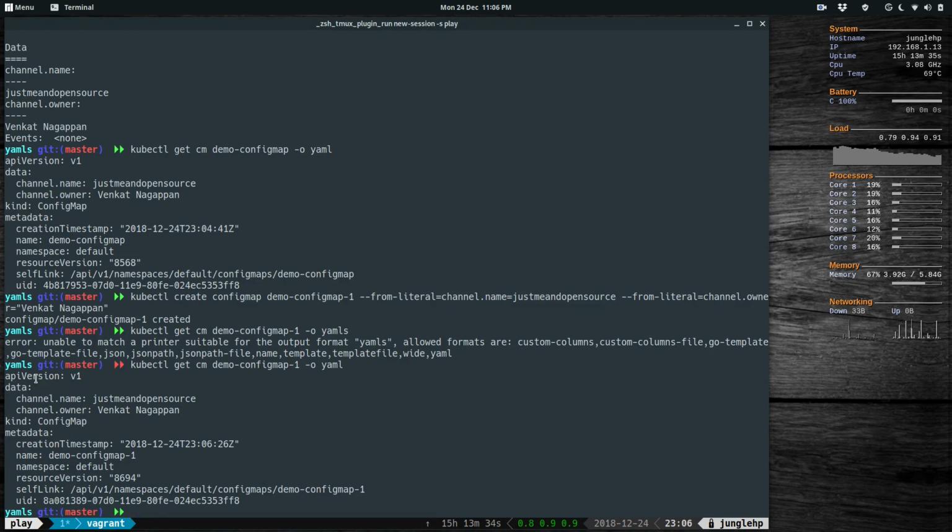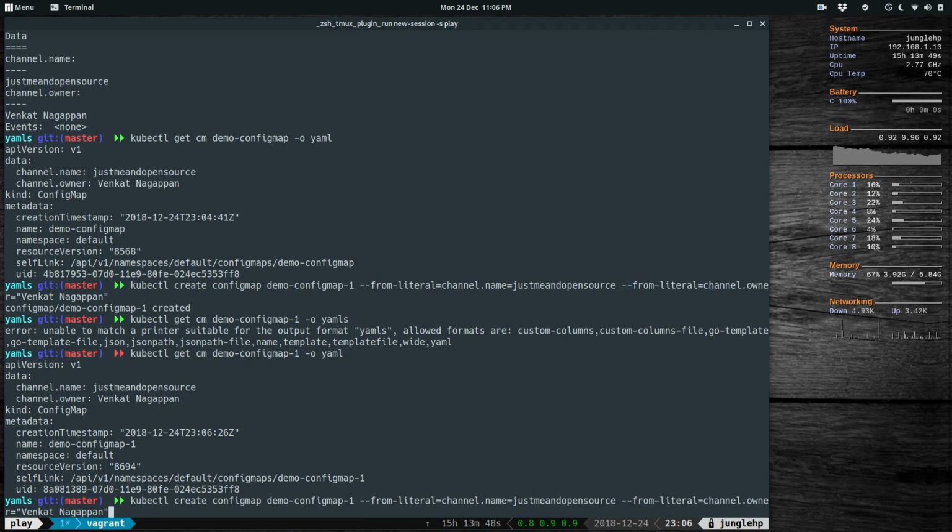Okay, so that's basically it. It's the same ConfigMap defined using the command line instead of using the YAML file. So that's how you would create it. What you can also do is, instead of using from-literal, you can also use from-file, which I will show you in a minute. With from-file, you can define all your configurations in a file, and then you can import that file into this command to create the ConfigMap. I'll show you that in a minute, but before that,